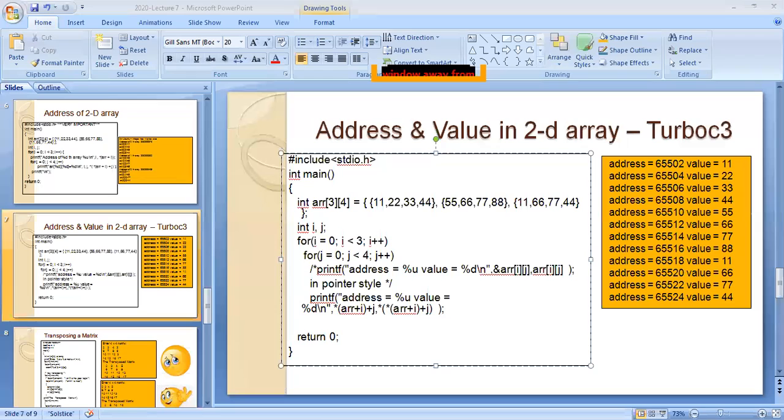You tell it in pointer representation. Array of 3 comma 3, you give the address and value for array[1][2]. Okay, in Turbo C.